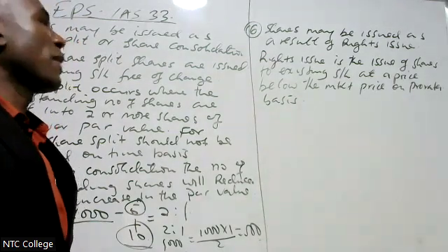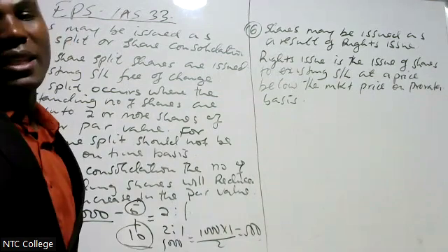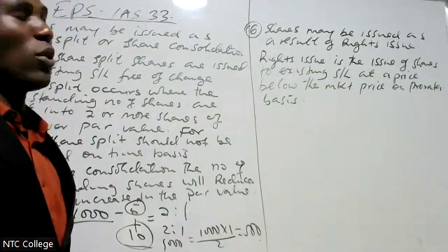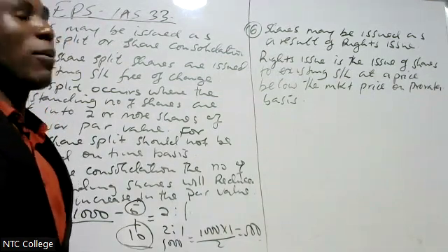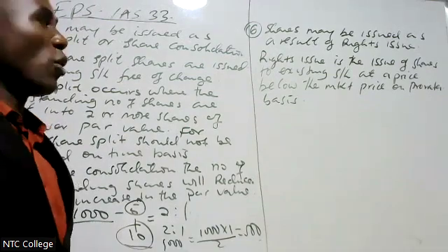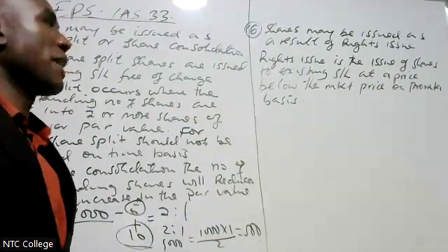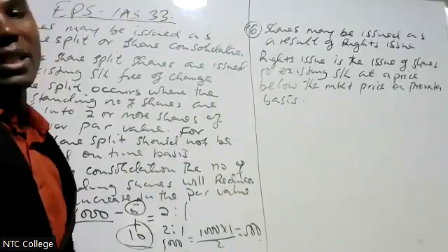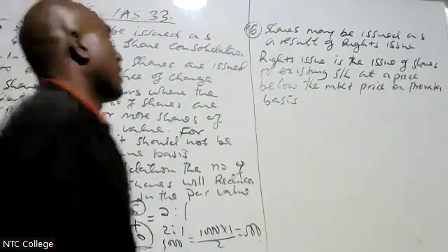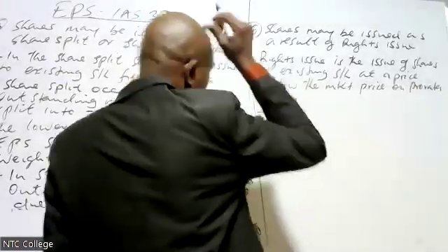On pro rata means if you have like 2 shares, I'm going to add you 1 share. Or if you have 5 shares, I'm going to add you 2 shares on pro rata basis. But of course, it comes at a price below the market price. Therefore, you put a dash and say,